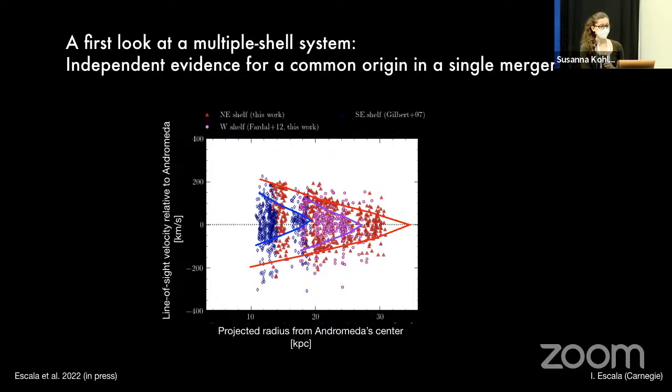We also have evidence from looking at the chemical composition of these features. I won't show the plots in the interest of time, but we do find that they have very similar heavy element content, and that the distribution of their chemical composition also looks very similar, which provides, again, evidence independent of any models.